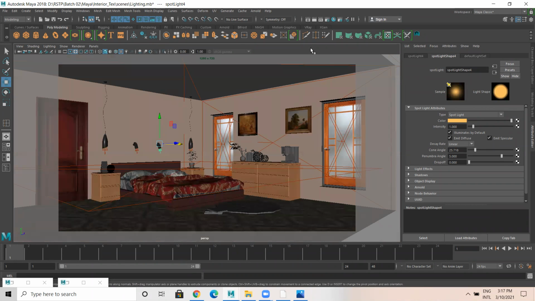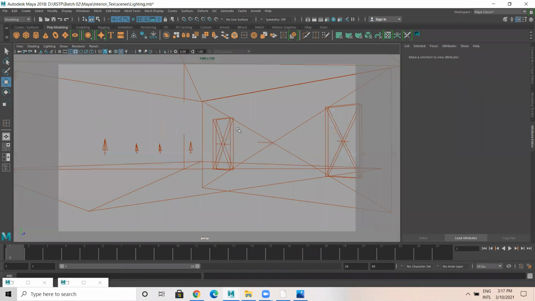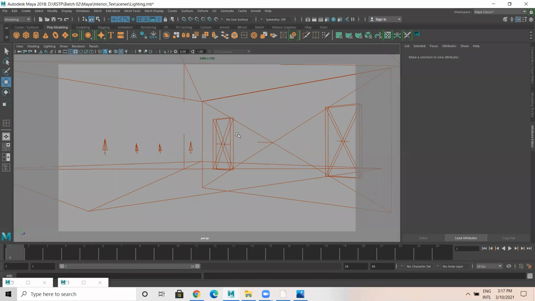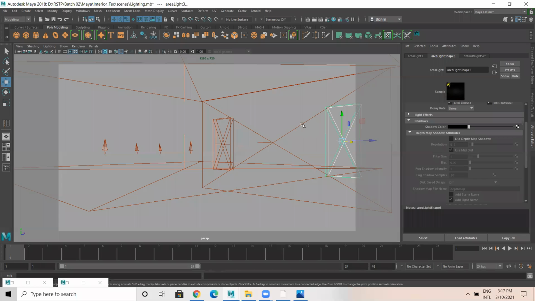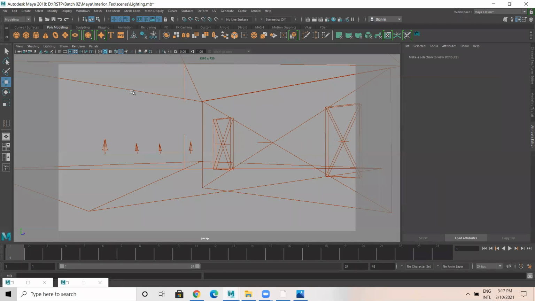So if you see now, if I turn off show polygons, you see only the lights. Okay, show polygons, there are so many things which you can turn on, turn off. There are two lights here, 2 plus 2 4 plus 1 5 6 7 8 9 10 11. The 11 lights are there.